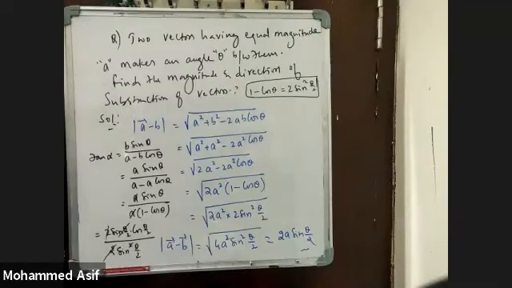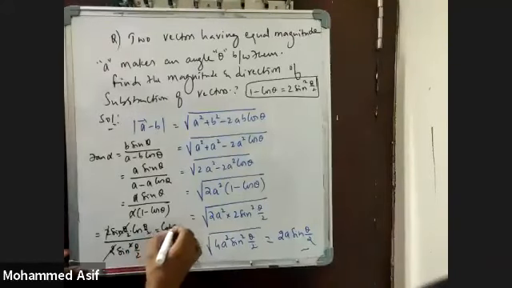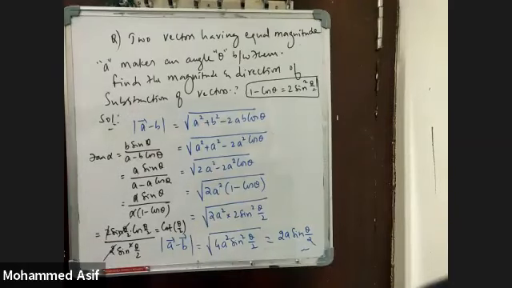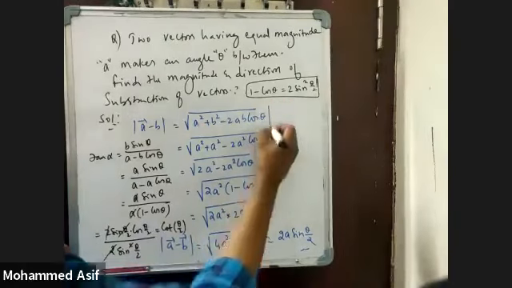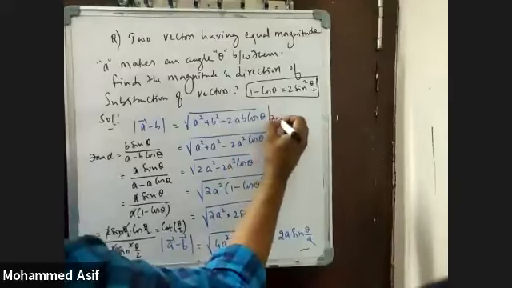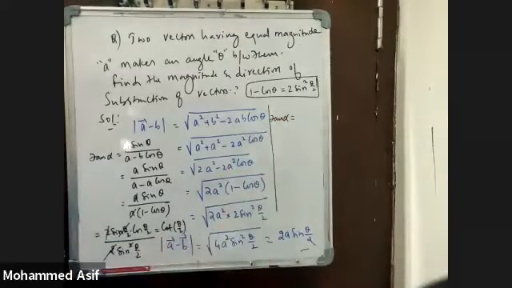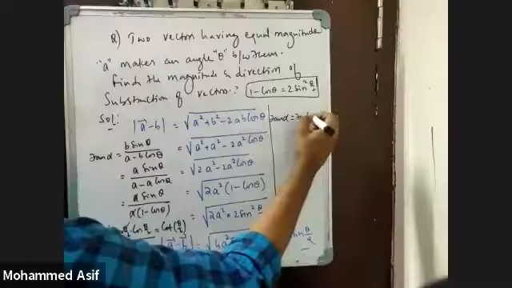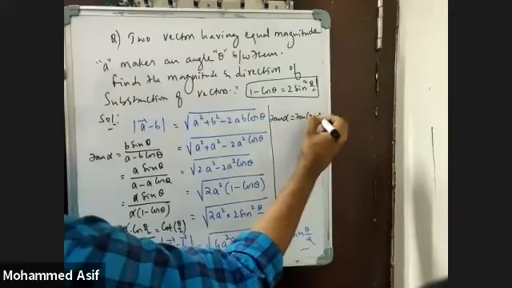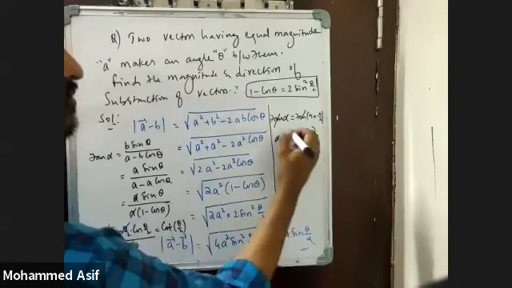Cos by sin is nothing but 1 by tan. That is nothing but cot. So this value is equal to how much for me? Cot theta by 2. Can I write cot theta by 2 in terms of tan? I'm writing here right now, tan alpha is equal to. Can I write the cot in terms of tan? How much will it be? 1 by tan theta by 2. So this one is tan of 90 minus theta by 2. So tan gets cancelled. So alpha is equal to 90 minus theta by 2.